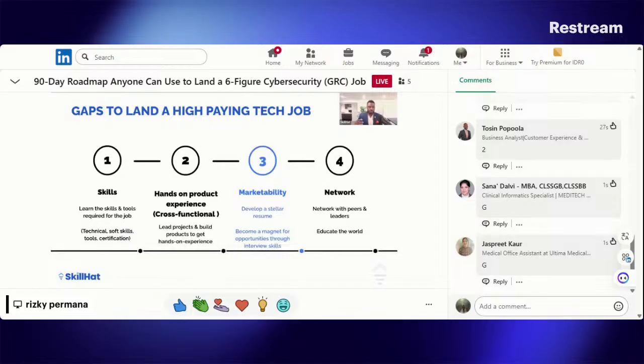And so the point is, I've seen lots of folks who have the skills, who have the experience, but how they market themselves is not effective. And so you want to ensure that you market yourself with a stellar resume, with a stellar LinkedIn profile, so that you become a magnet for jobs. You get lots of interviews, and then you crush it in the interviews. You do so well that by the time you're getting down the elevator and getting in your car, they call you and they say, "Hey, can you come back up? We want to give you the offer."